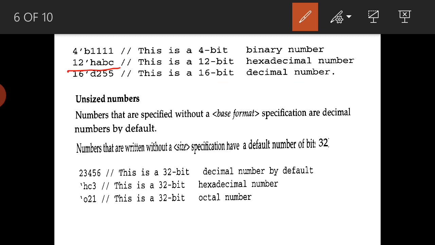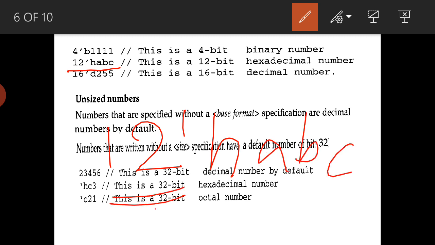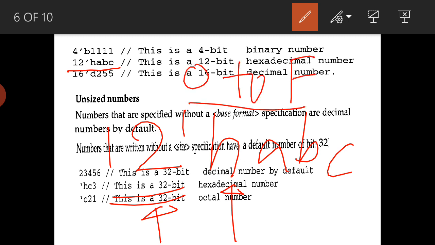Similarly, the second one, 12 dash H ABC. What are we saying here? 12 is the number of bits. H represents hexadecimal, so the hexadecimal digits are 0 to F, meaning 0 to 9 and A to F. Here the hexadecimal number is A B C. Why is it 3 digits here and 12 there? As I said, 12 is the number of bits.